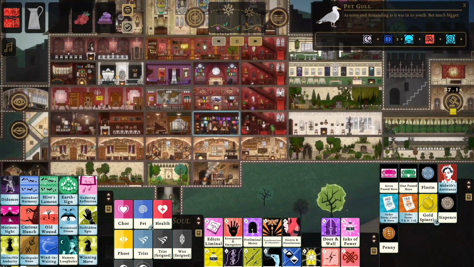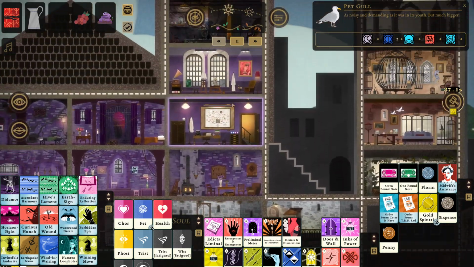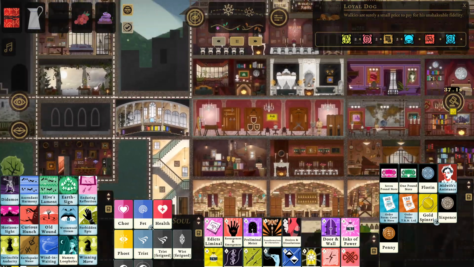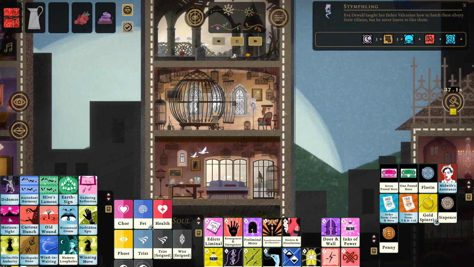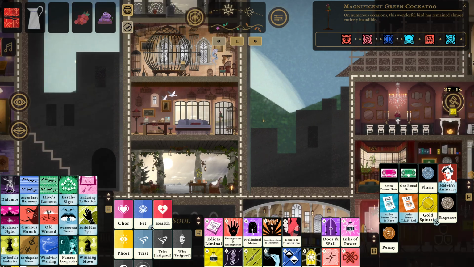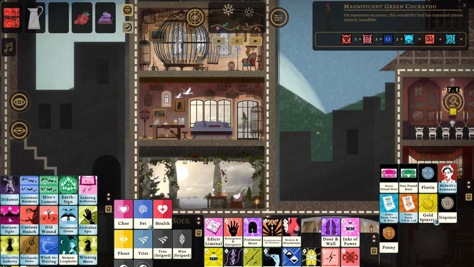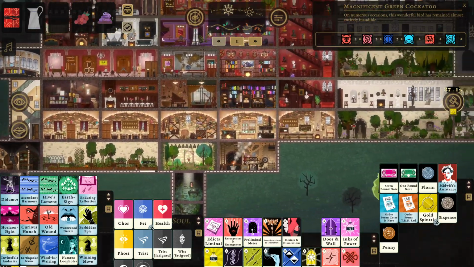All right, I believe that is all of the pets, by the way. I'll just do a quick inventory of what we have right now. So we've got the loyal dog. Walkies are surely a small price to pay for his unshakable fidelity. We've got a Stimpfling. Ava de Wolf taught her father Valentine how to hatch these silvery little villains, but he never learnt to like them. We've got a magnificent green cockatoo. On numerous occasions, this wonderful bird has remained almost entirely inaudible. We have got